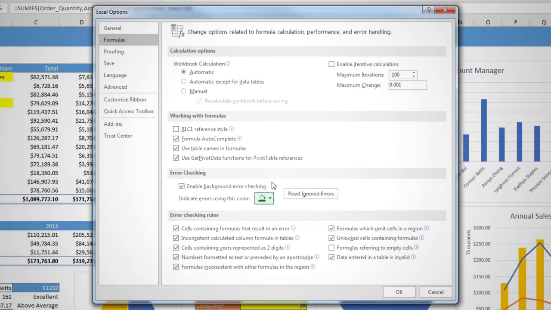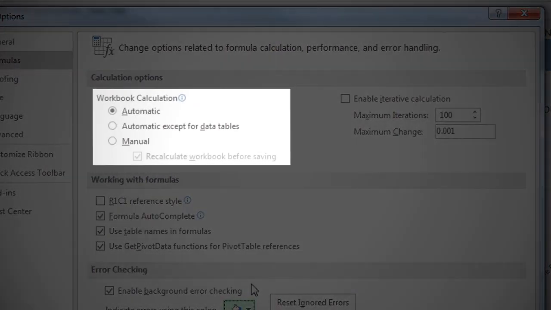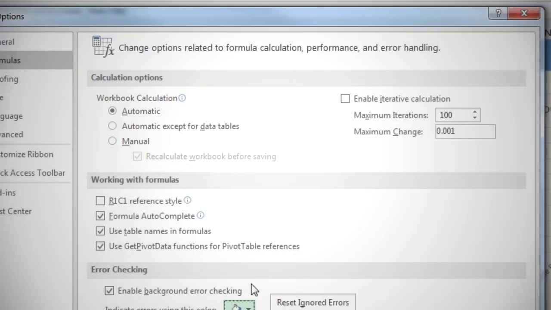So just before we come out of this, at the top, you will notice another option, which is workbook calculation. Now by default, this is set to automatic, and what that means is every time you make a change in your workbook, all the calculations recalculate. Usually you want this on. However, if you have a massive workbook and it's being very unresponsive, so every time you make a small change you have to wait a couple of minutes for it to do all the calculations again, you can instead set your workbook to manual. So I'm going to click manual,